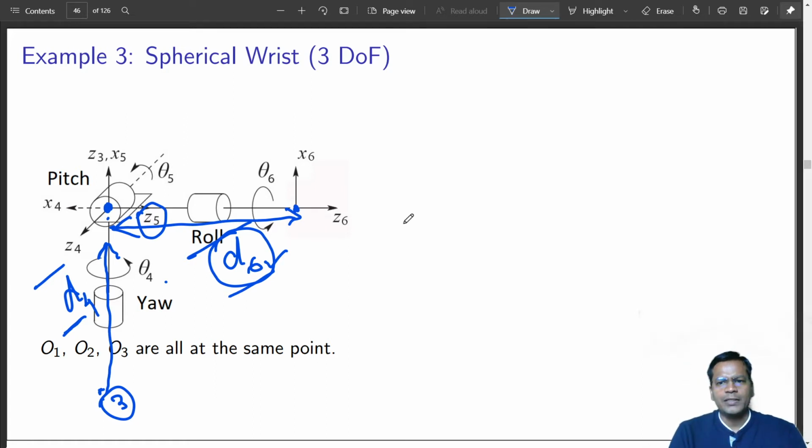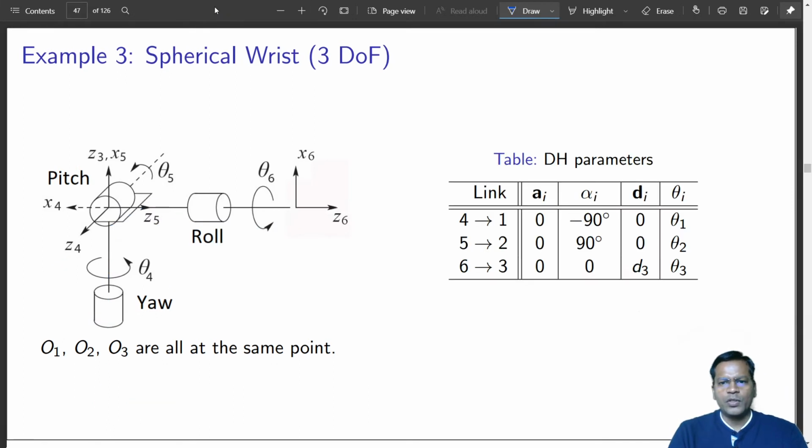If you write the DH parameters for these, it comes out like this. Instead of naming it 4, 5, 6, I can name it conveniently as 1, 2 and 3. And you see, these are the twist angles. D4 is 0 because axes 4 and 5 are at the same place, 5 and 6 are at the same place, and 6 finally is collocated by a distance D6.